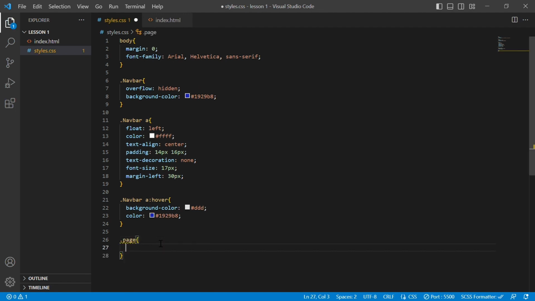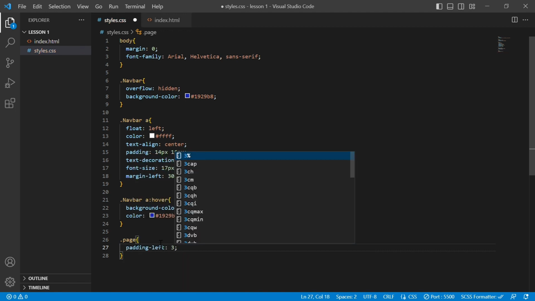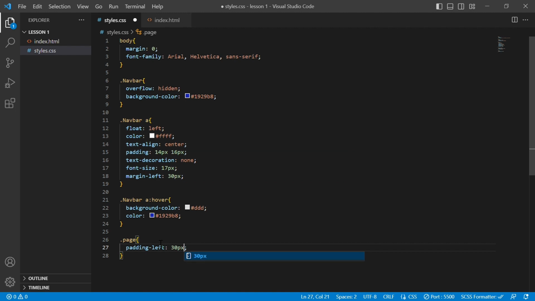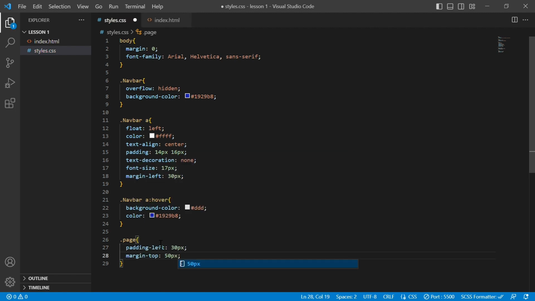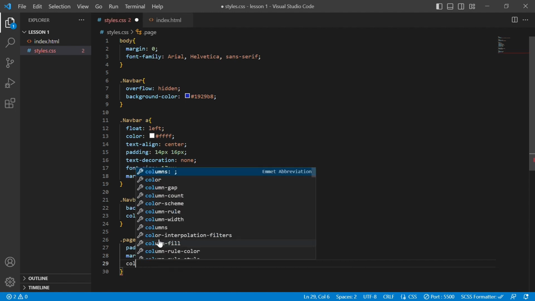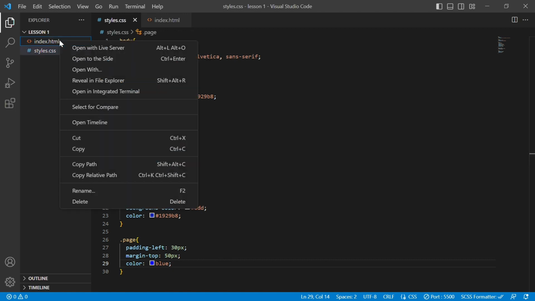So we say padding left. Padding left, I set 30 pixel. Yes, 30 pixel. And I'm going to use margin top 50 pixel. And I'm also going to use color. I will make it blue this time. And I save the work. So when we preview, it's going to give us exact